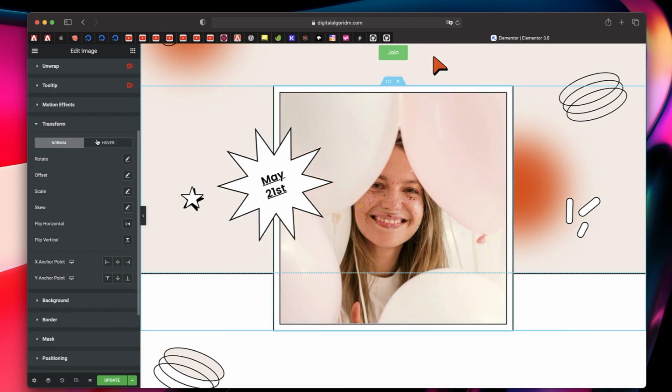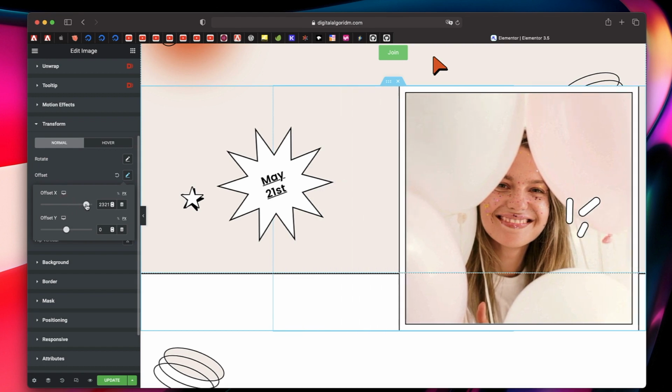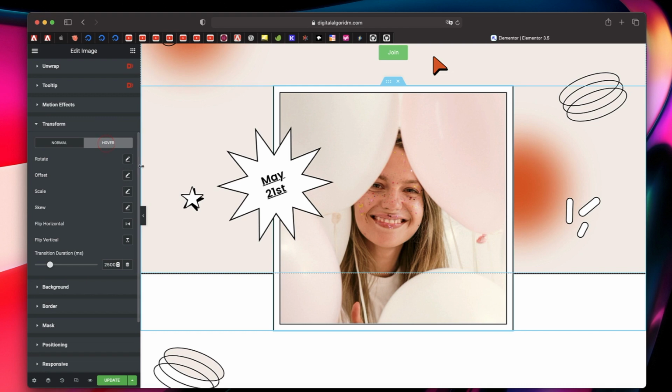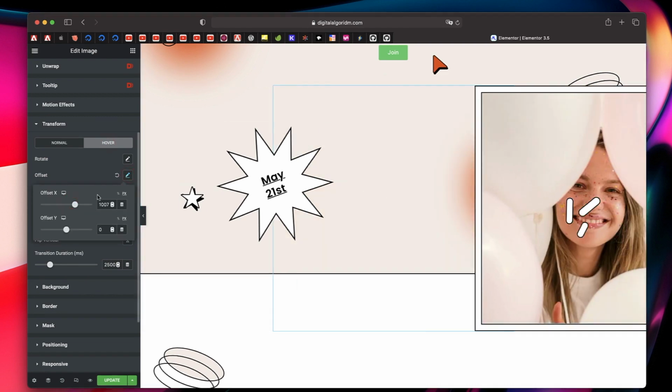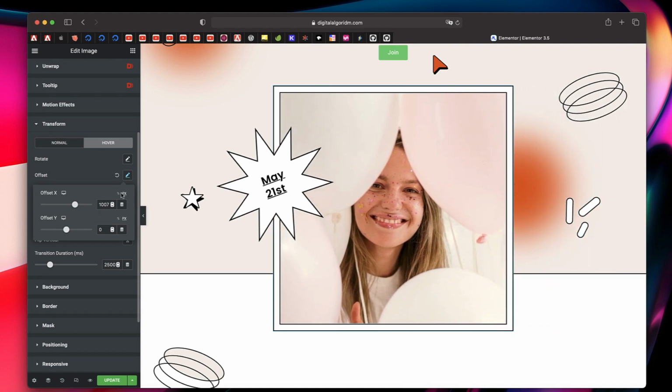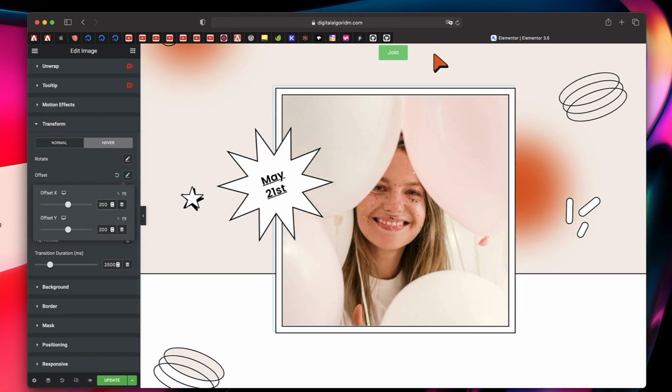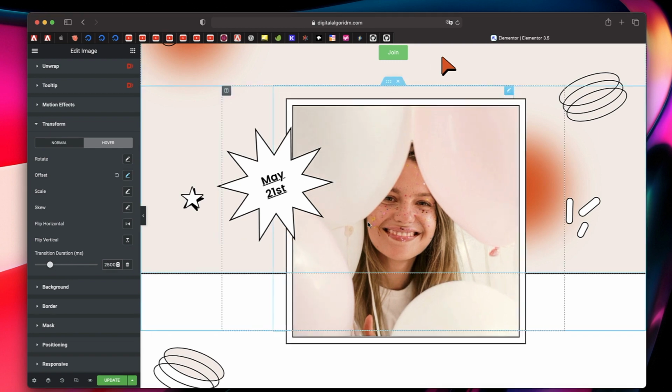And you can rotate the element in its normal state by clicking on normal tab. You can offset the element, you can displace it along X direction, or you can displace it along Y direction. Again, you can do it when you hover over it. So I'll just do this, see that? So that's how it's gonna work. And you can displace it in pixels or by using percentage. You can do the same for Y. Let's do a 200 pixel X and 200 pixel Y. So that's how it's gonna be displaced. And since we specified a transition duration, even the transition is applied.